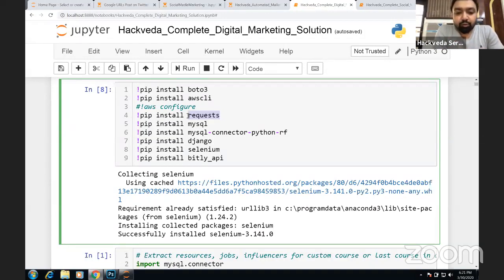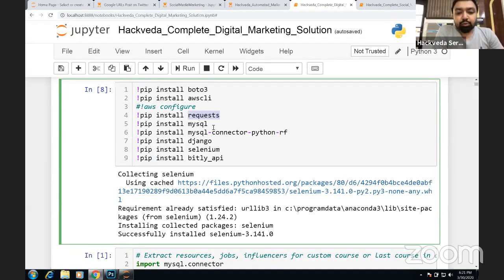So what we have to do during this demonstration, we will be sending many requests from our computer or from a client machine to different services like AWS service. We will be sending requests to SMS services so that we can transmit SMS to our customers. We also will be using requests to send our requests to LinkedIn, Twitter, Google My Business, Facebook, Facebook ads, and on any other social network which you would like to have.